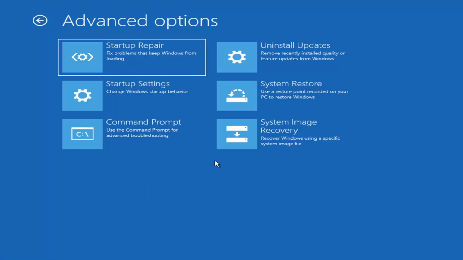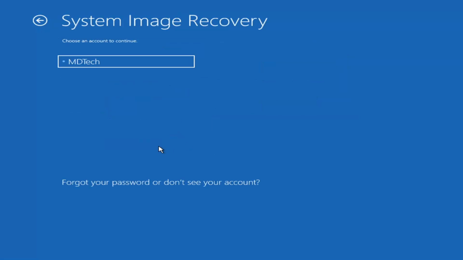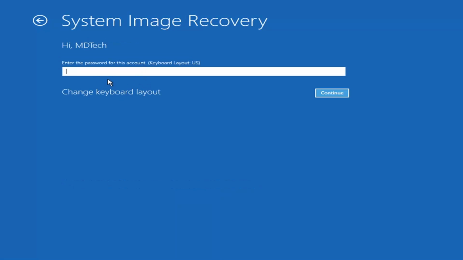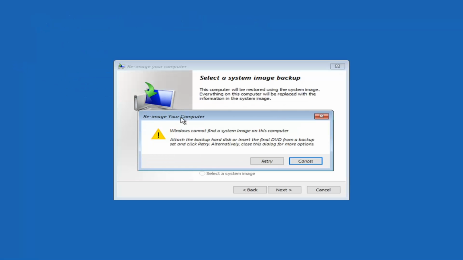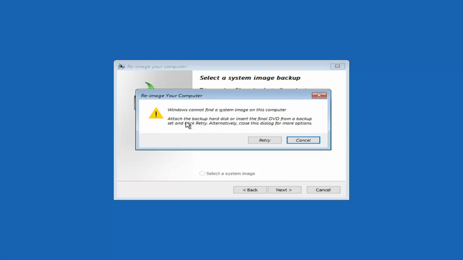Another thing too, you can try the system image recovery option, which, if you have a saved CD or DVD of a backup, you're welcome to do that. It's more common if you had an older version of Windows, like the Windows 7 backup and recovery option. Not as common, most of you probably don't actually have that here, but I will just go ahead and type it in, select continue. Actually, I think I don't even have a password on here. And anyway, you can see there's no system image on this computer,